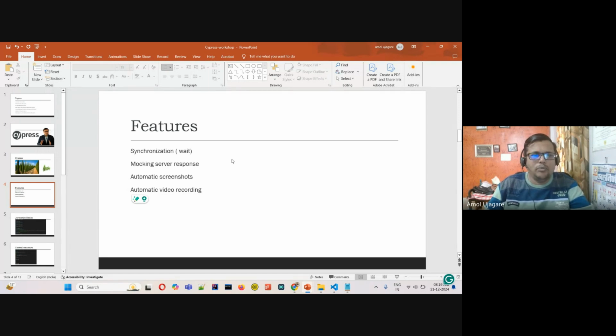Then we can also mock the server. Okay, so this is a little deeper, still I'll tell you. Sometimes you have a login with some OAuth authentication. Okay, for example,